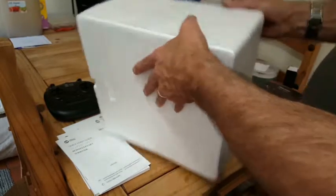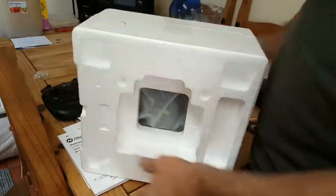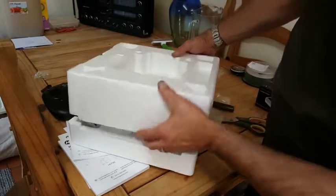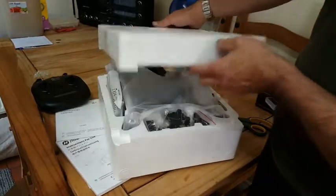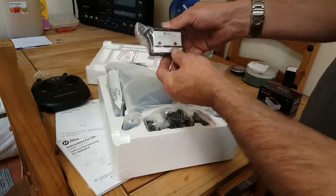So, there we go. Let's slice that open. That tape won't go away. Let's see what we got in here. I think I've done this kind of upside down, I don't know. Maybe. Let's try that way. That's more like it. Okay, so we have the offending